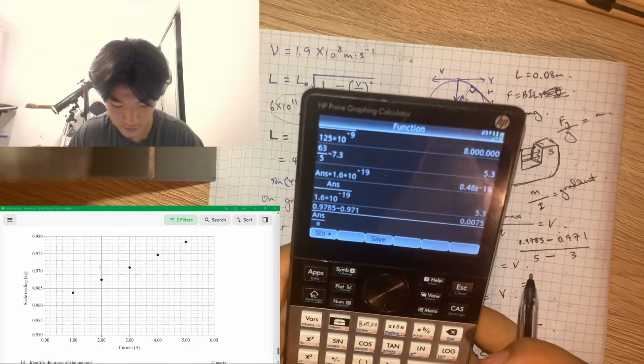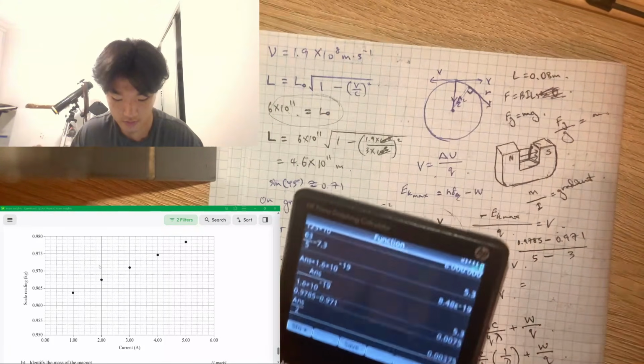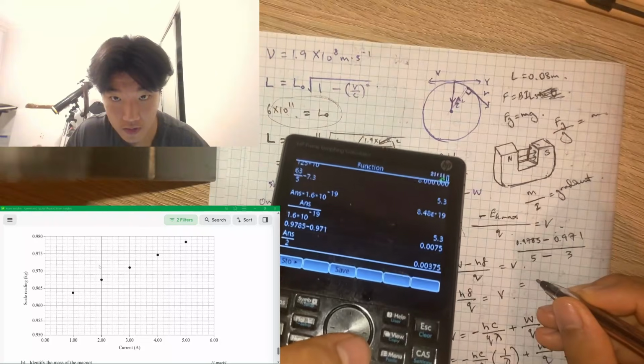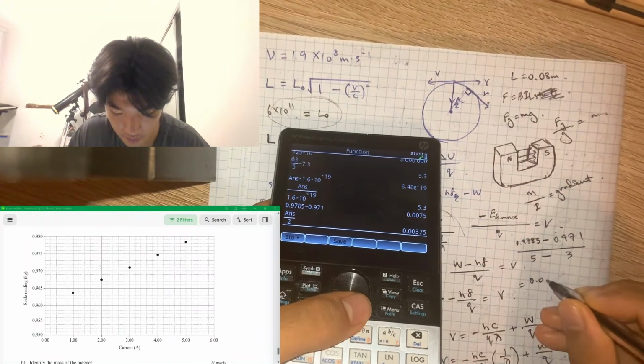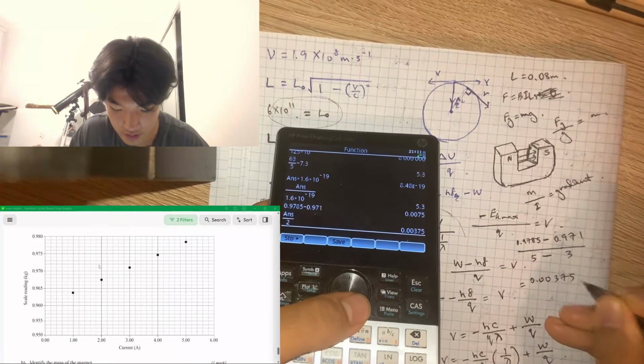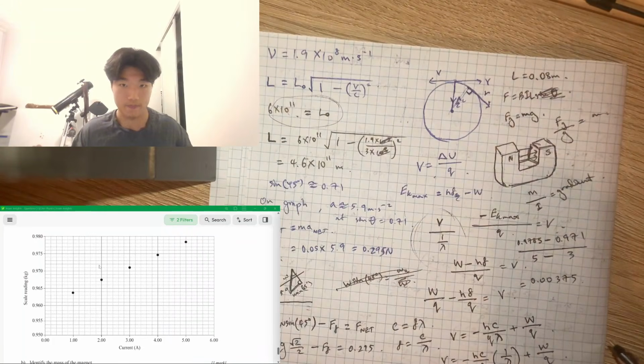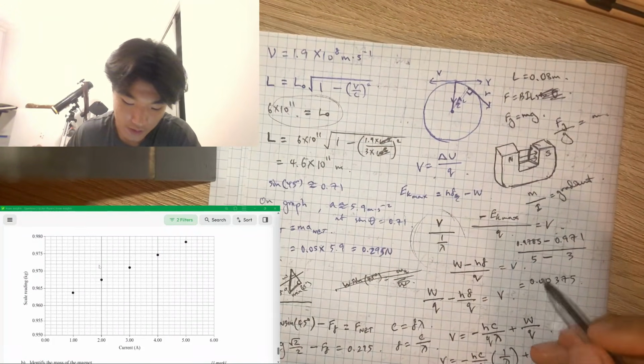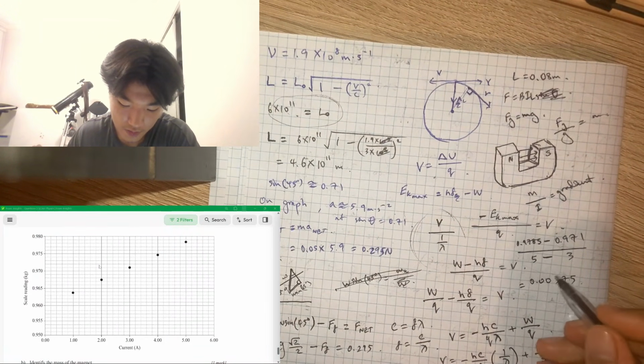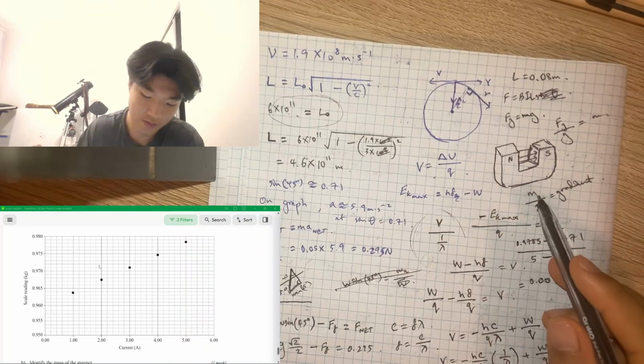That gets that. Divided by 2 because that's the difference. We get 0.0375. That's the gradient. However, it's a bit misleading right now because we need to convert